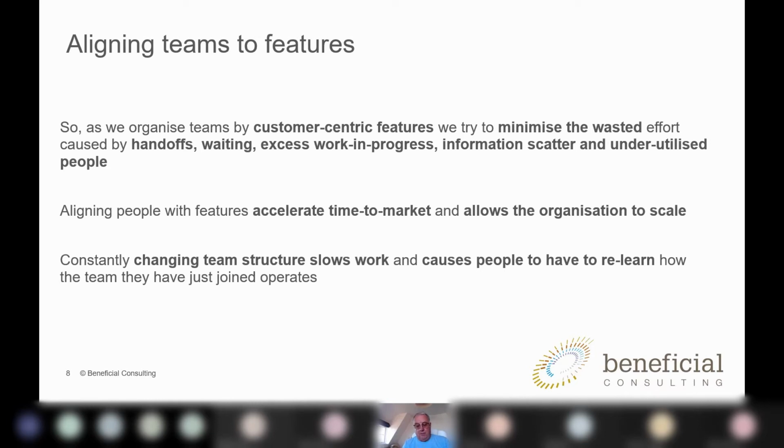Although, at some point you might need to change it. I was doing some work with a hostel booking company in Ireland. They found that they had too many dependencies going between two teams, and when you get to the end of the first day in big room planning, there were too many red bits of string on the board between these two teams, so the decision was made to actually merge the two teams there and then in order to reduce the dependencies and ease the planning and control.